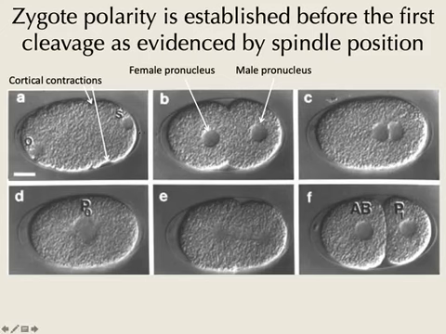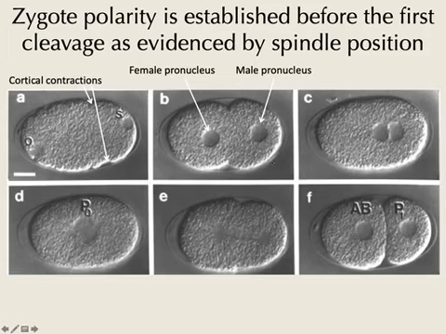So that's what you see here. There's quite a bit of activity. There are cortical contractions, and then the two pronuclei end up meeting. They tend to meet closer to this side. And then eventually you have one nucleus, which is now the zygote nucleus that has both genomes, it's diploid. And itself, now it can undergo replication and enter mitosis. All of this has to happen in that first interphase. And indeed, now you have the beginning of mitosis and then the two cells.